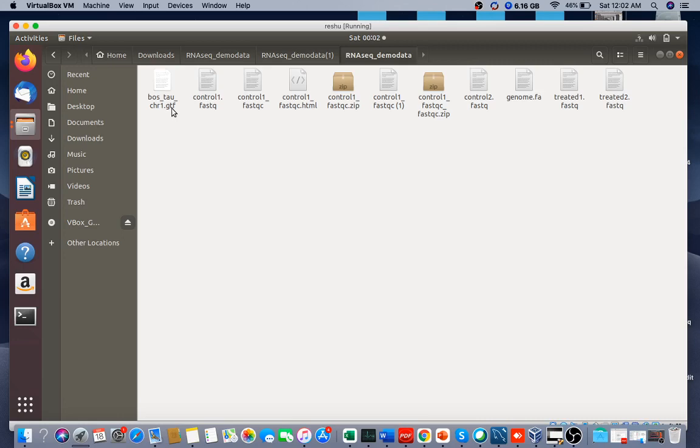For example, the GTF file, which is the annotation file. This is your sample data which you have collected directly from the instrument, in FASTQ format. Then we have 4 samples: control 1, control 2, treated 1 and treated 2, and this is the reference genome. Now we need to build the reference genome, and for that we are going to use the command bowtie2-build.